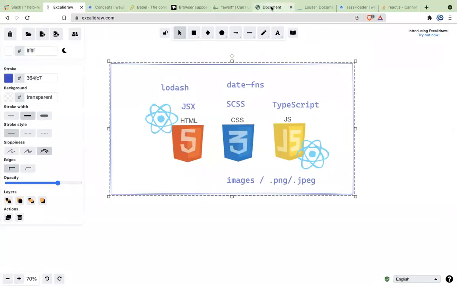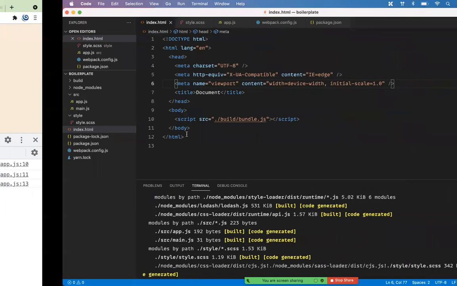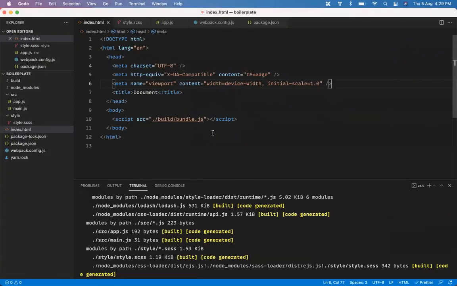So everybody understood what is happening here. Using Webpack, we are able to use third-party packages. We are able to use SCSS files, and we are also able to use multiple files at the same time. At the end, we are also able to create the bundle, and the bundle is optimized right now. So that is the job of Webpack.